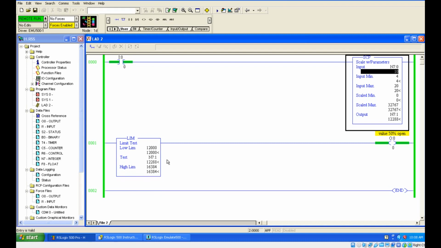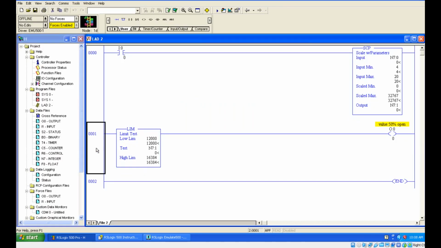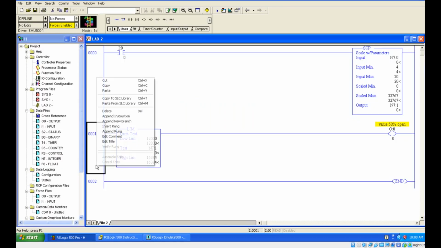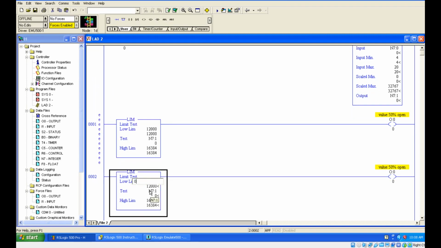So like that, by using this PLC number, you are able to do the comparator function. Okay. So this is what I have told. You can process this. Fine. Same thing for 0 to 6,000, you can give valve 100% open. So 6,000 to 12,000, you can give the valve 75% open. Like that you can give. Right. So let's do that also. Copy and paste this, and here you just type when it is 0 to 6,000.